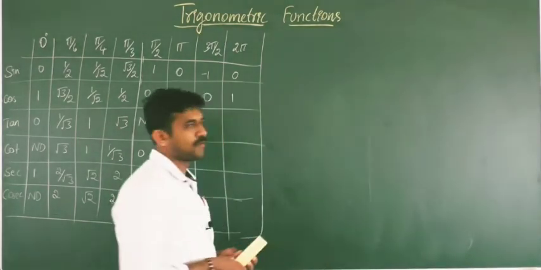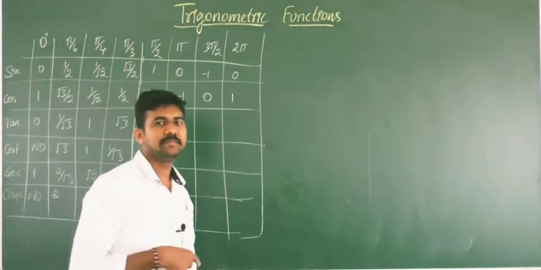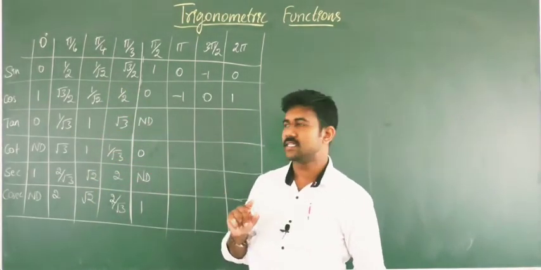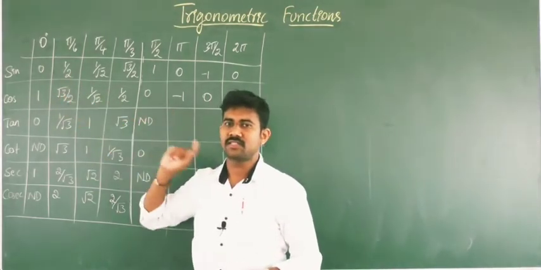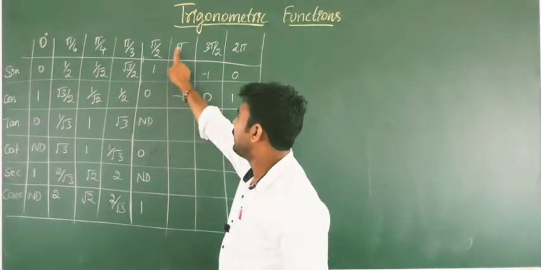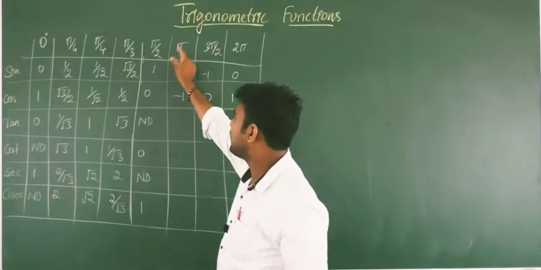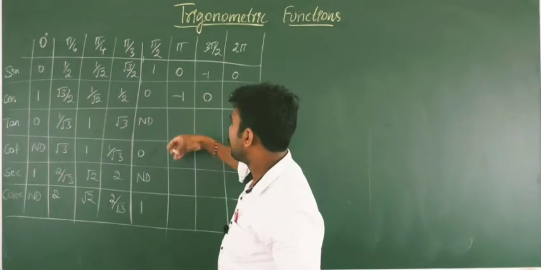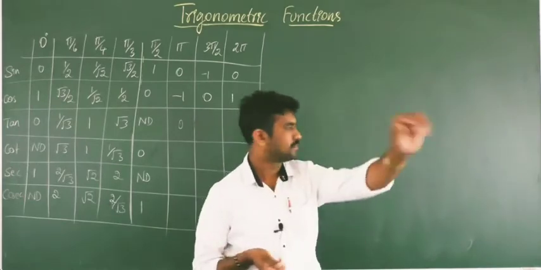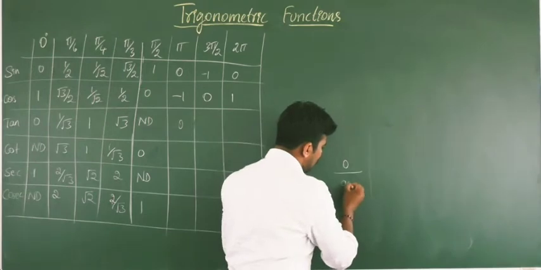Now, what are the values of the other trigonometric ratios for quadrantal angles? They are obtained using the relationship between those trigonometric functions and sine and cos. We know tan is the ratio of sine and cos. Sine by cos gives the tan value. To get tan pi, tan pi is sine pi divided by cos pi, that is 0 by minus 1. 0 by a non-zero number is 0.